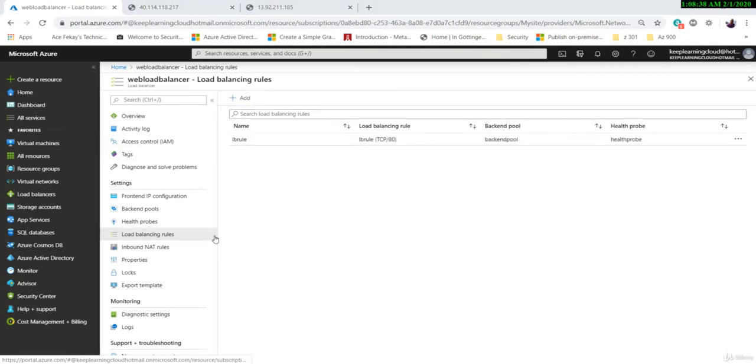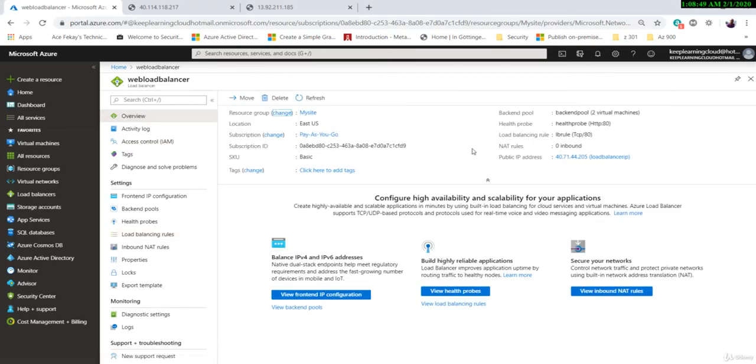Okay, now that the load balancing rule is added, it has stopped updating. We can see the rule here. I will go ahead and quickly click on the overview section here, and then I see the public IP address. And that's what I'm saying, that we need to configure all these four parameters to have the public IP address